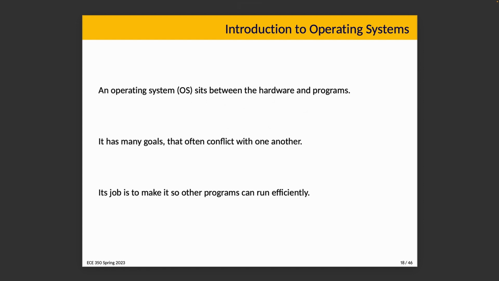Okay, but what does an operating system do, really? It's a piece of software, sure, and it sits between the hardware of a computer and the applications, the programs that run on this computer. So between the hardware and the application programs, being the kind of thing that we wrote in previous courses, notably including ECE 252. Now, the operating system does many different things, and it has goals, and the goals can conflict